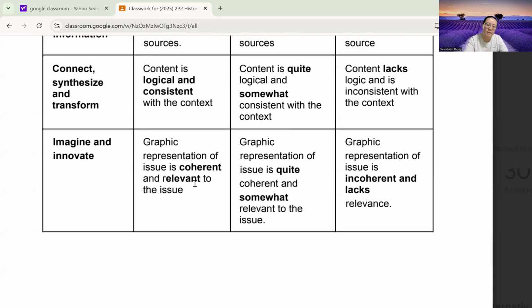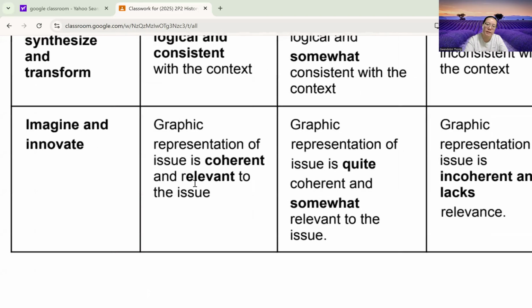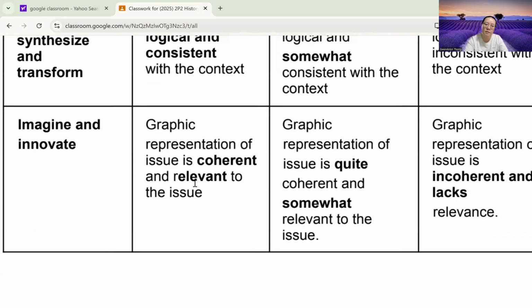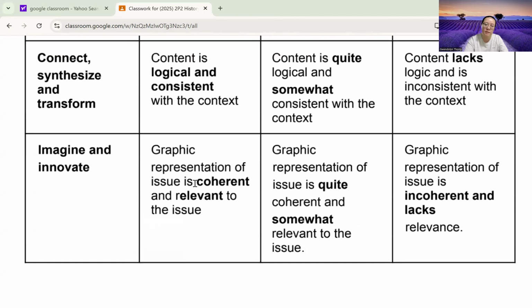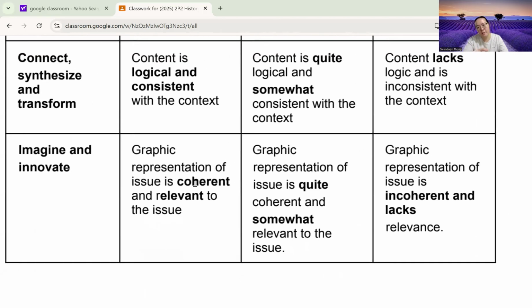Last but not least, this section would actually apply more to the graphical source. As you have heard, you need one pictorial source and the other source as a written source. So for instance, if you want to create a cartoon like Source C, is it coherent? Is it relevant? My advice that I have given to some of my classes, and I want to give to you right now, is that